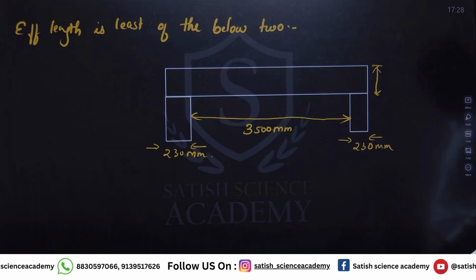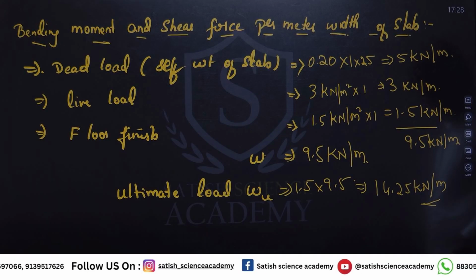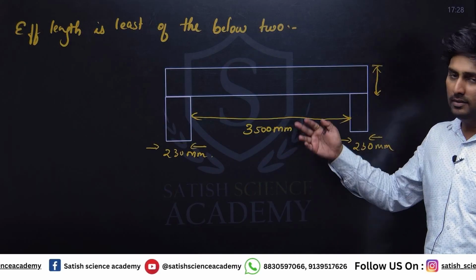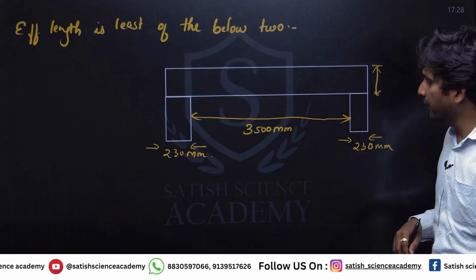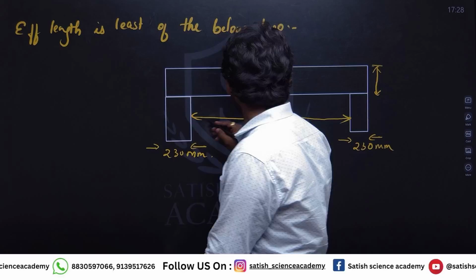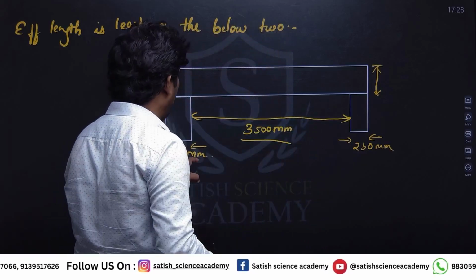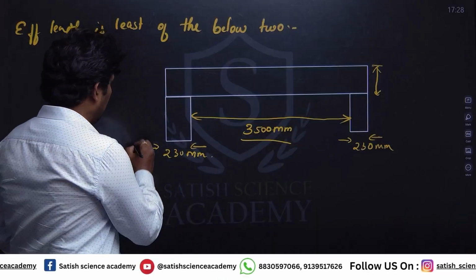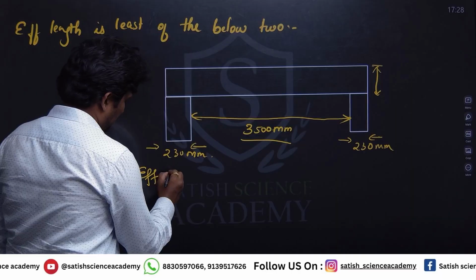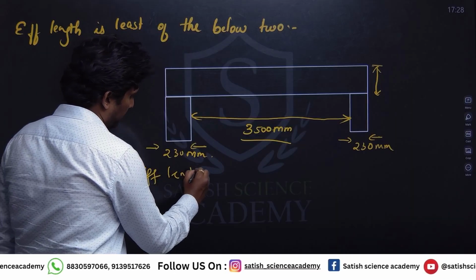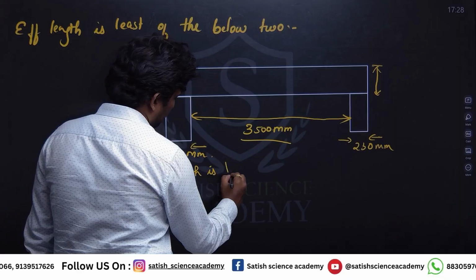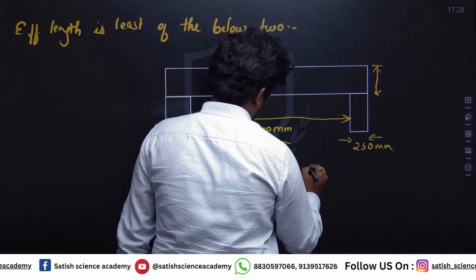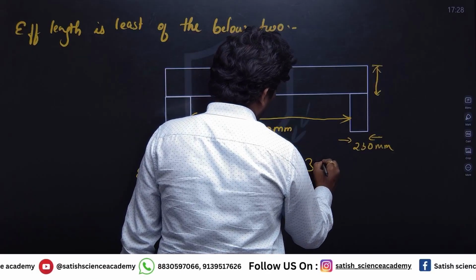नेक्स्ट स्टेप इज इफेक्टिव लेंथ. अभी WL²/8 जो फॉर्मूला है बेंडिंग मोमेंट का, दैट इज करस्पॉन्डिंग टू इफेक्टिव लेंथ. सो इफेक्टिव लेंथ, inner to inner dimension is 3500 and width of the wall is 250. So effective length is least of 3.5 plus